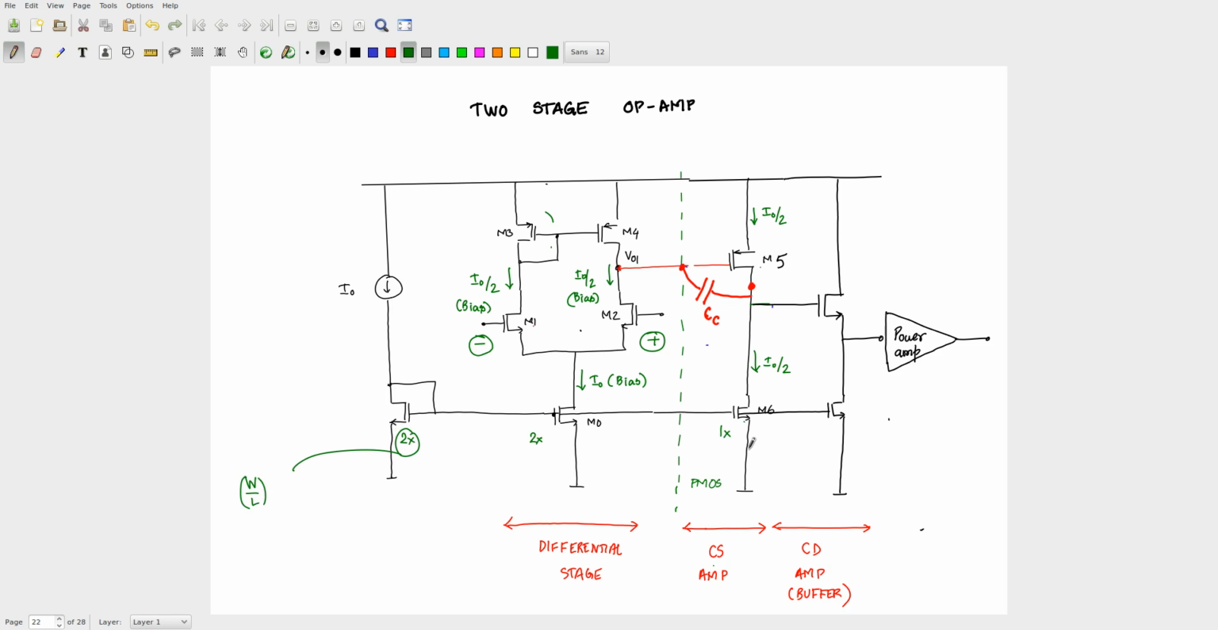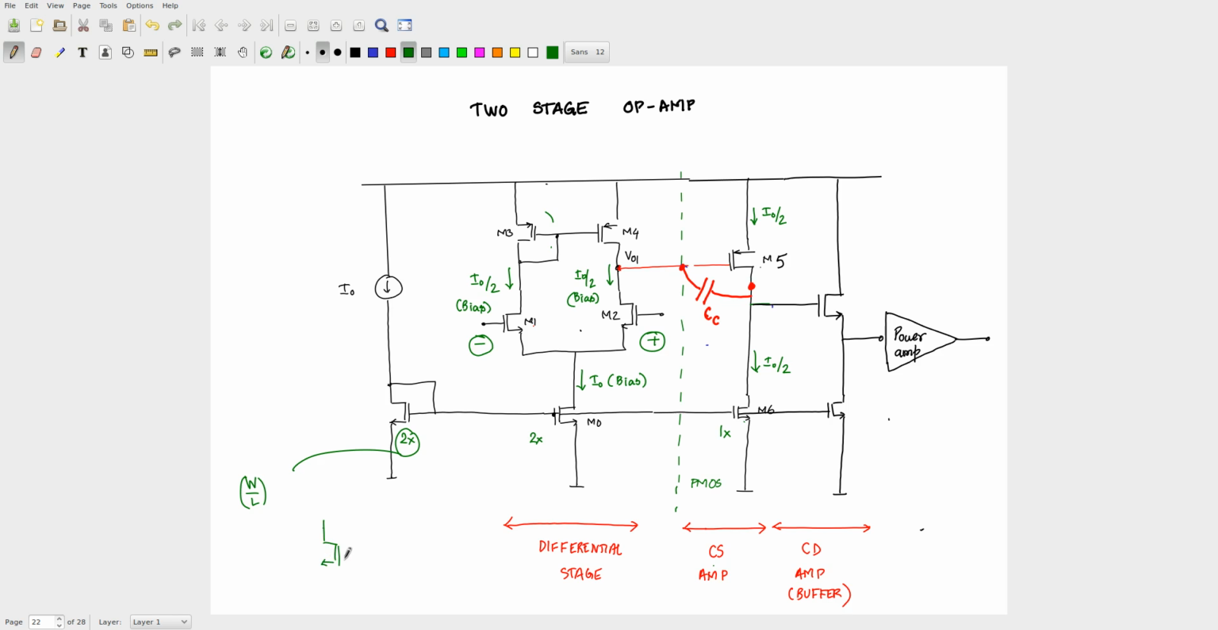Just keep in mind that when you say 2 times something, you are not really going to make W by L twice on the IC. What you will do is take 2 transistors and put them in parallel, because you want to minimize any mismatches. Exactly making another W which is twice the original W is hard, but making 2 transistors is going to be simple. So if you go in and see it, you will see that it is 1 transistor,